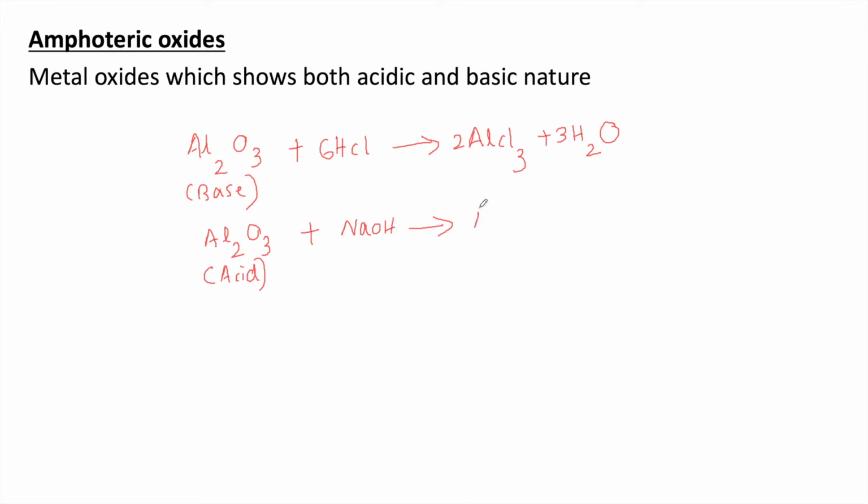It is very important. Its name NaAlO2. It is known as sodium aluminate. This compound name, that is very important. Sodium aluminate plus water. Now I will balance 2 NaAlO2, 2 NaOH. Okay, so these reactions are very important. Amphoteric oxide like aluminium oxide, it reacts with both acid and base to form different salts.